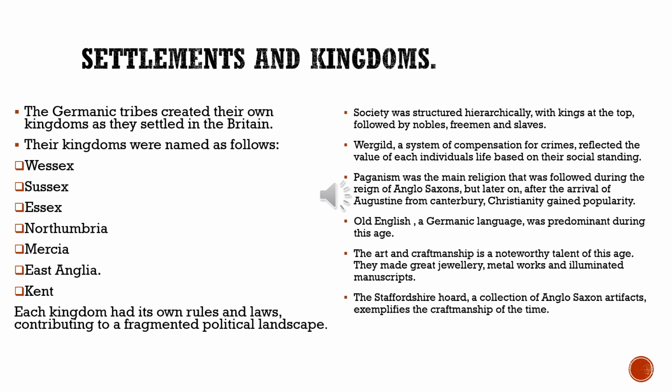So we can see that Mercia is in the Midlands and it was one of the most powerful kingdoms among the Heptarchy. They played a key role in trade and diplomacy and also had an impact on the development of English law. So English law was also developed in Mercia.